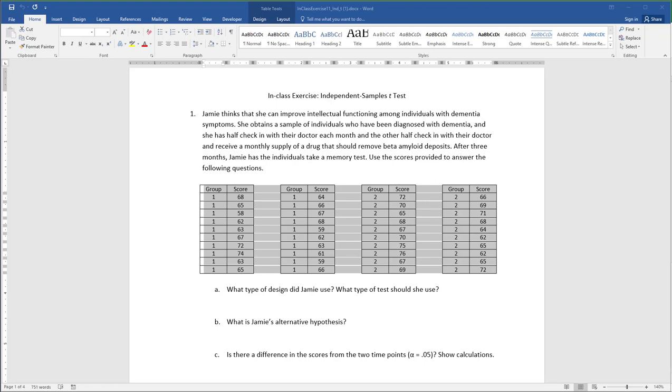Jamie thinks that she can improve intellectual functioning among individuals with dementia symptoms. She obtains a sample of individuals who have been diagnosed with dementia and half check in with their doctors each month, and the other half receive a supplement and check in with their doctor in order to remove beta amyloid deposit. After 3 months, she has each individual take a memory test, and we're going to use the scores below